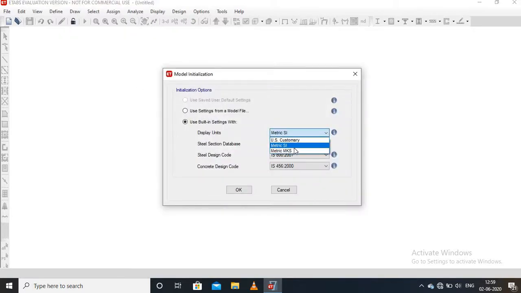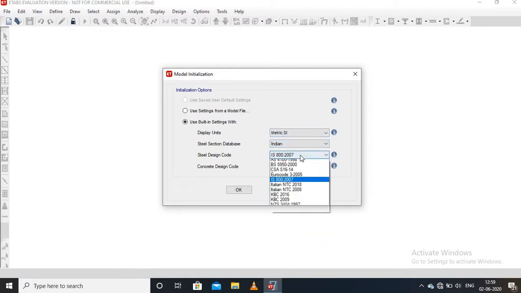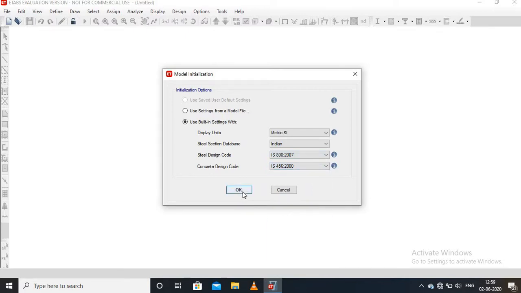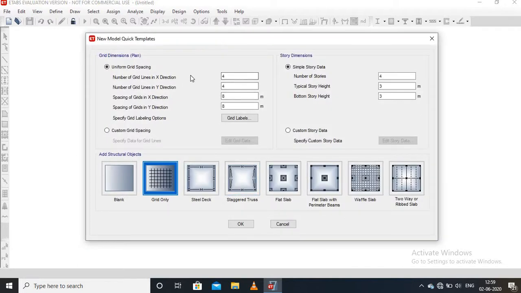Change it to metric SI unit, and the steel section database is Indian. Steel design code is IS 800 and concrete design code is IS 456 2000. Then press OK. The number of grid lines in the X direction is 4.